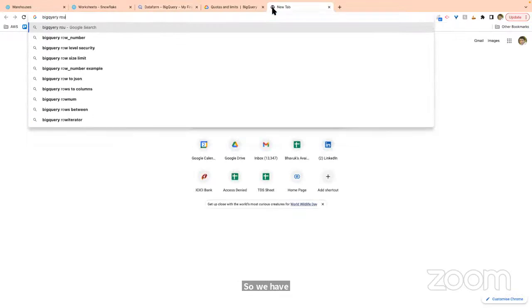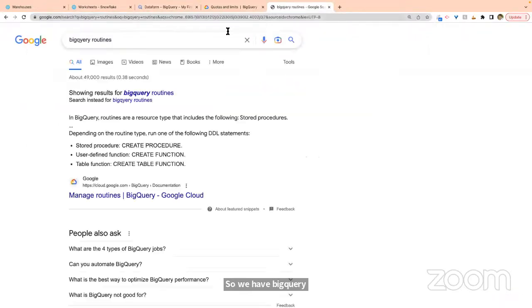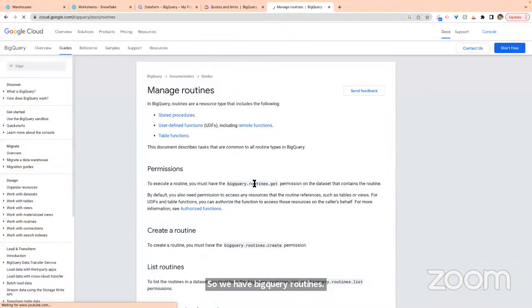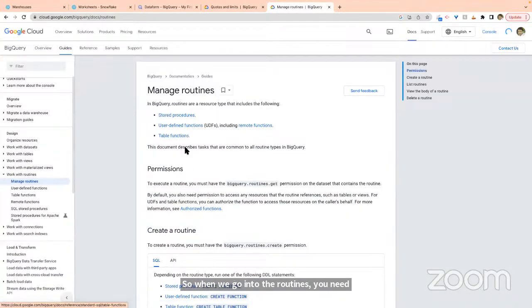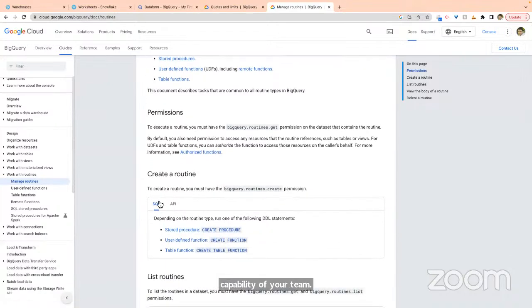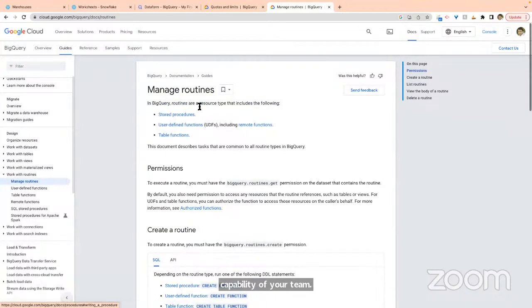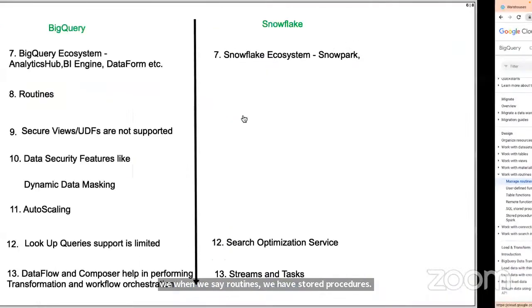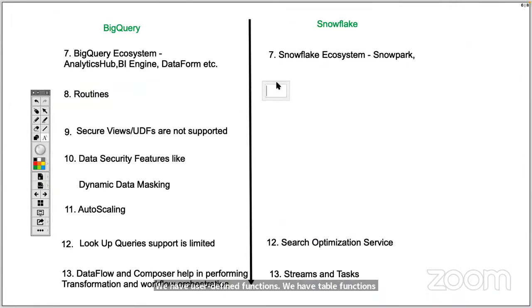BigQuery routines. When we go into the routines, you need to see the capability of your team. When we say routines, we have stored procedures, user defined functions, and table functions. But when we talk about Snowflake, here we have stored procedures, right?